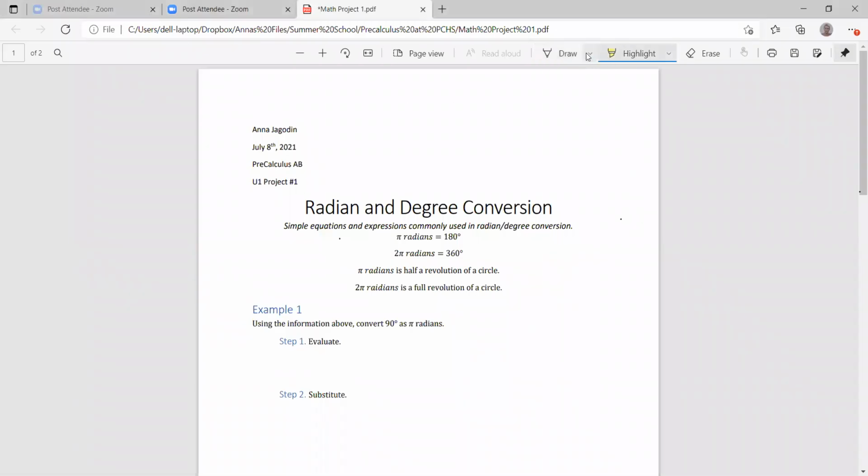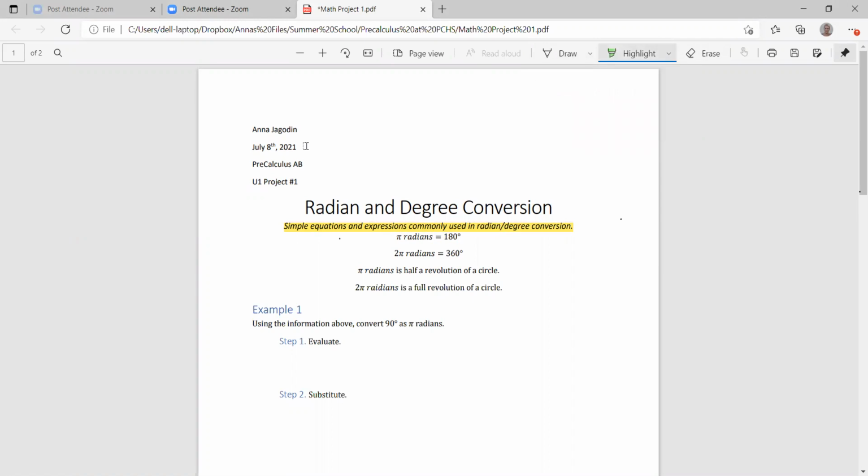Hi, my name is Anna Jagodin, and I am going to be doing my project on the radian and degree conversion. So some simple equations and expressions that are commonly used in the radian degree conversion are,